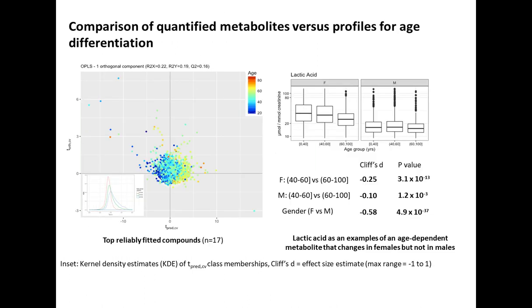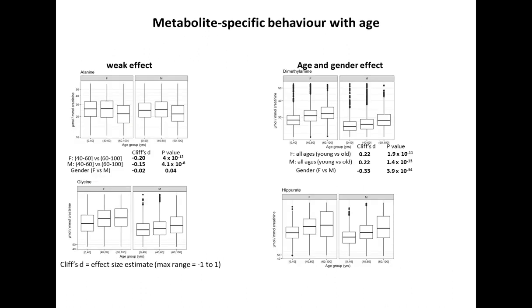We can look at the same for age, and then we can start to stratify these metabolites by age and gender. You can see for lactic acid, in females over age, the lactic acid drops in concentration in the urine, whereas for males you don't really see this effect. So we have different patterns here associated with age and gender. For the first time we've been able to establish a really comprehensive set of reference ranges for physiological variance, looking at a wide range of populations. And you see different behavior patterns for different metabolites.